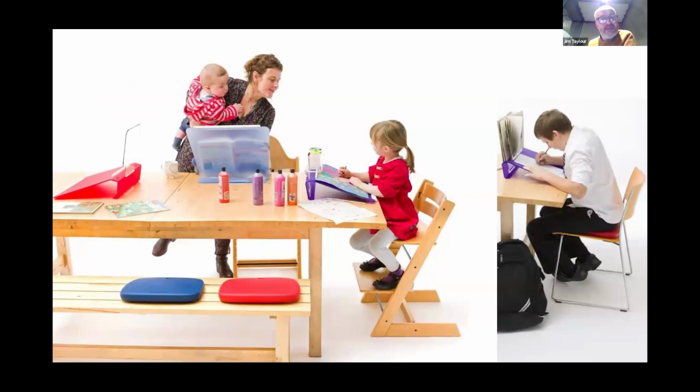Now, it needn't be an expensive refurbishment. It could be quite light touch. You'll see in front of you simple writing slopes, art slopes, and simple wedges that can be made within the school or can be purchased at reasonable prices. But it does mean, if you look at the posture of the girl on the right there, she can maintain really good posture. If the work is presented more towards her, it helps with learning to write and motor control